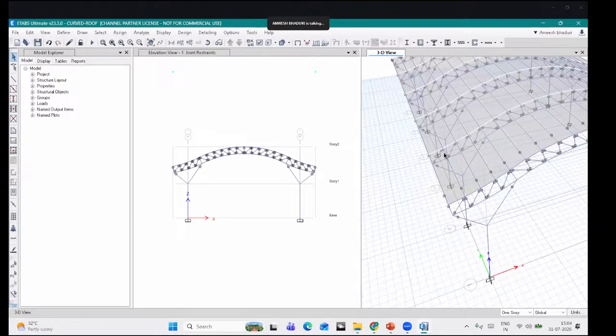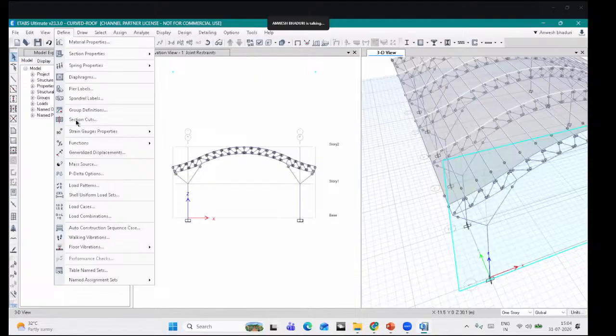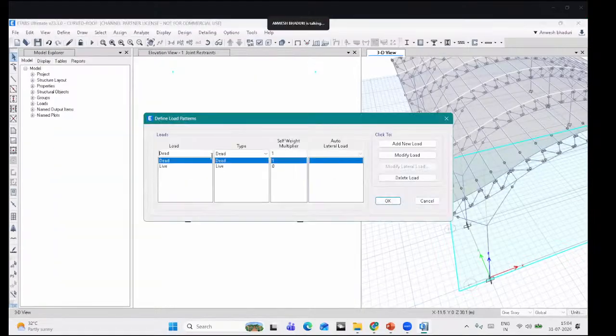Now for wind application, what has to be done is we need to go to Define, Load Pattern. Okay, now for the columns, we will be creating 4 cases, that is WX plus,